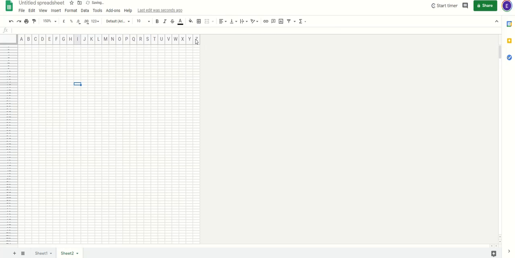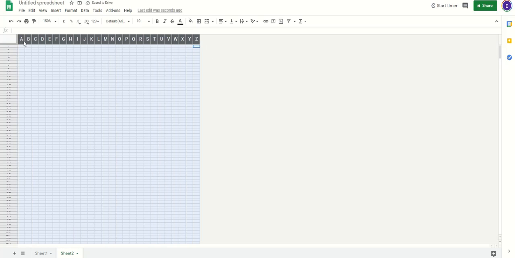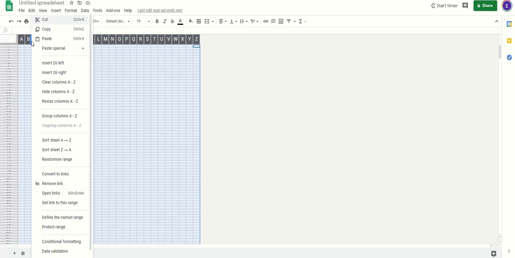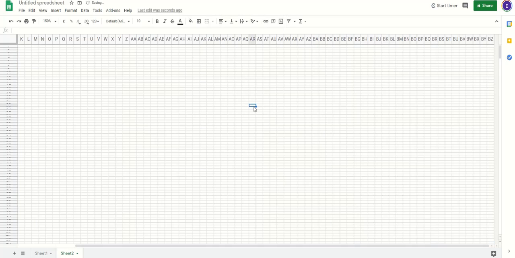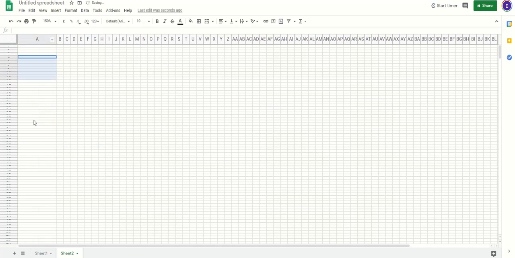You'll notice that the columns don't actually go past Z when you first open them up, so I'm going to highlight across here. If you right click, you can then insert however many columns you've highlighted. With this it's 26. I'm going to put probably another 2 sets in just so that I can see them. So more or less we're set up here. As a basic setup, we probably want to put the questions in the A column and your answers in the